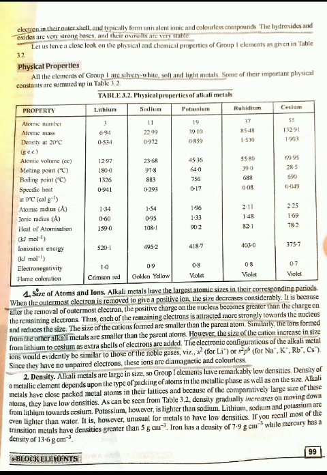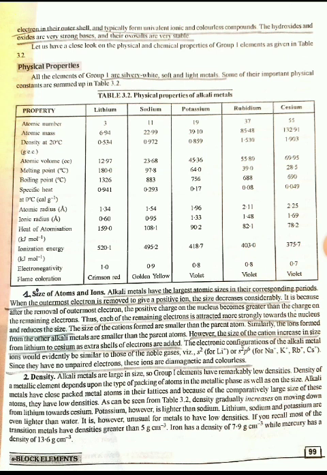Property, atomic number: lithium 3, sodium 11, potassium 19, rubidium 37, cesium 55. Atomic mass: lithium 6.94, sodium 22.99, potassium 39.10, rubidium 85.48, cesium 132.91. Density at 20 degrees Celsius in gram per cc: lithium 0.534, sodium 0.972, potassium 0.859,